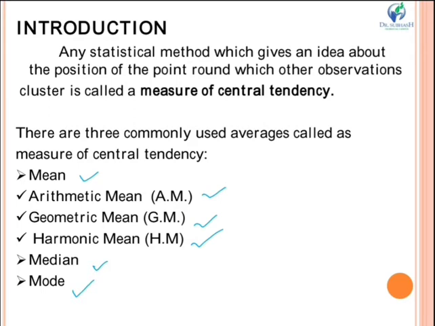Now all these central tendency measures can be calculated in three different ways according to the given observations. First type is if there are n number of observations given to us. Second type is when frequency distribution is given to us, and the last one is when class interval and frequency distribution is given to us. For these three different types, we will discuss mean, median and mode. But in this particular lecture, we will only discuss mean.